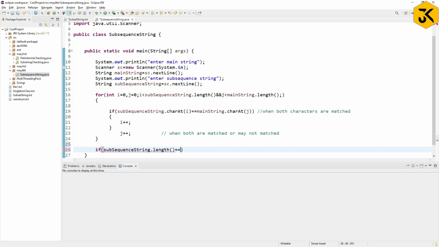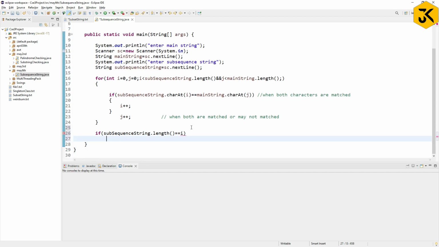So what is the thing you have to do here? You have to check how you are going to check whether subsequence length is completed or not. We can check with respect to the I variable, right? Yes. But is I accessible outside? No, it wouldn't be possible. So I can go with writing outside here int I comma j, right? If subsequence length is equal to I,